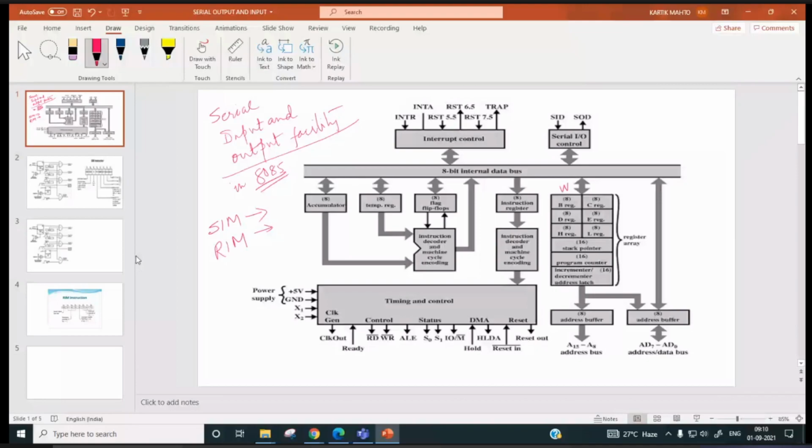Similarly, in serial IO control we have some hardware which is used for transmitting data serially and for receiving data serially.